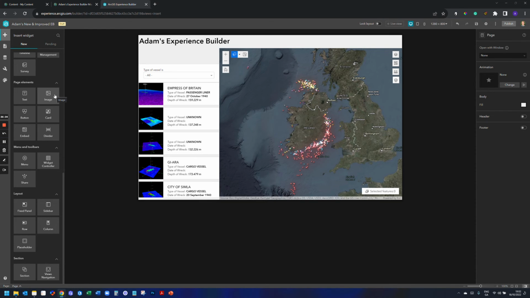You can put in images, drag them across. Buttons are very interesting in the sense that, okay, so what I want to do is come back to this. If I say, you know what, I want a button here that's going to zoom to a particular location, or you might have a button up the top